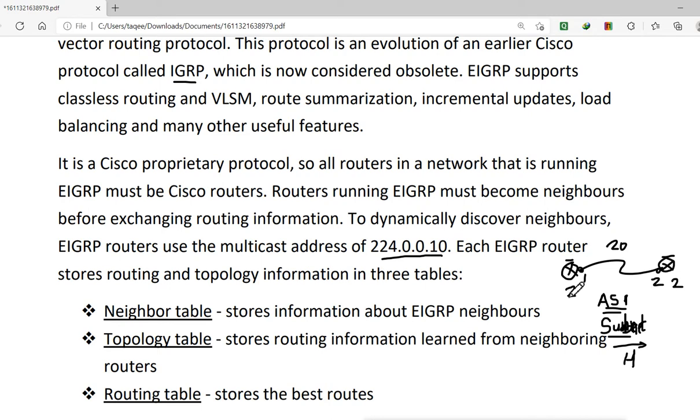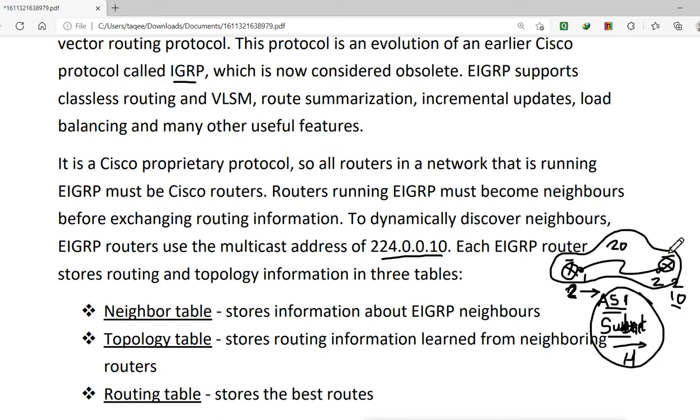If this router is sending every 2 seconds and this router is sending every 10 seconds, then there will be a big gap here. This router will send in 2 seconds and wait for the response, but this router will send the response after 10 seconds. So this will not work, and because of that they must have the same hello interval. If these three things match, then only these two routers will become neighbors,